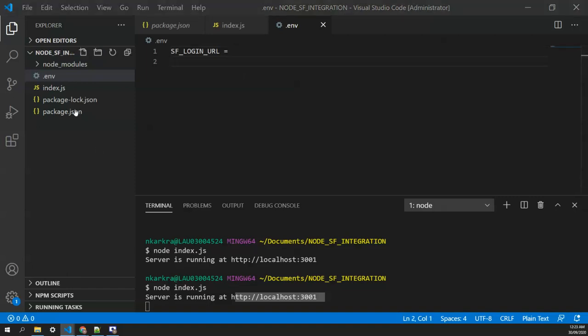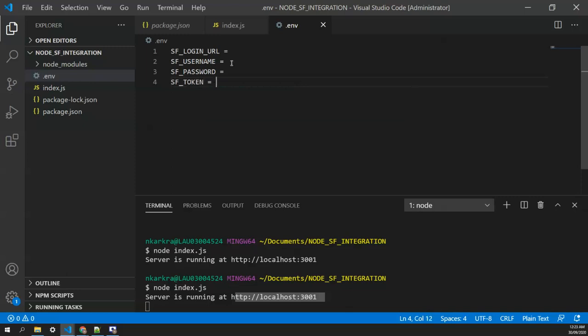Then we are looking for the Salesforce username. These names you can give anything that you want, but I am giving sf underscore. Then we need a Salesforce password, and then I need the Salesforce token.